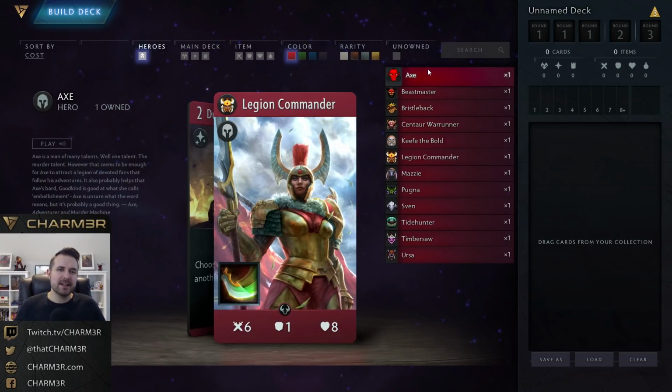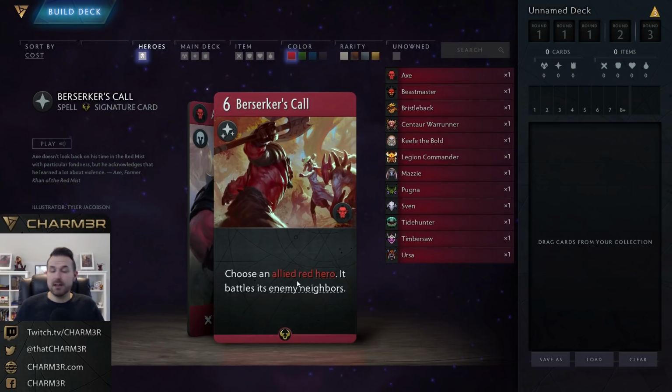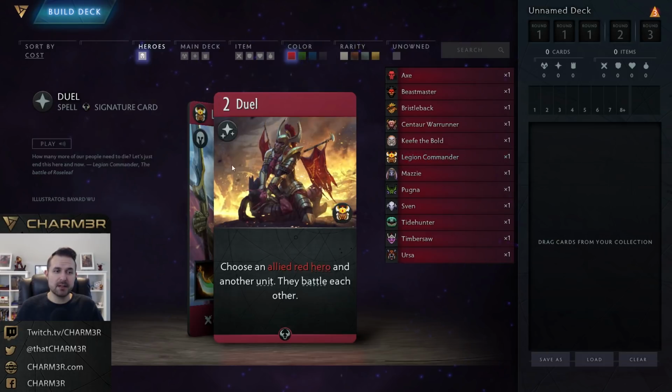Berserker's Call, like if we go back to Axe real quick, lets somebody battle all of its enemy neighbors. So it can clear out a swath of stuff, but it's triple the cost at 6, and it's based on position because it's enemy neighbors. However, Legion Commander with Duel gets to choose the unit that you're battling, and that is so important. You can use Duel to snipe an enemy hero later on in the game,